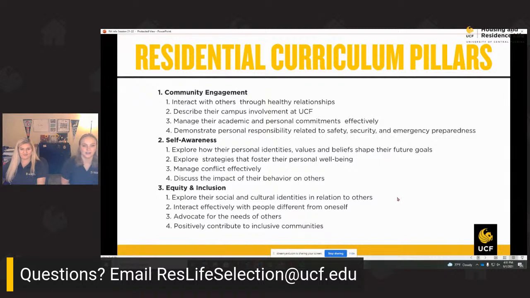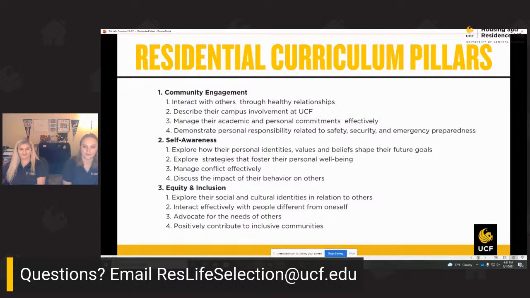So what you are trying to do with your residents is helping them understand how to interact with others through healthy relationships, describing campus involvement, managing their academic and personal commitments, and demonstrating personal responsibility related to safety, security, and emergency preparedness. So when we talked about it earlier, when we're educating residents on what's proper fire safety here, or